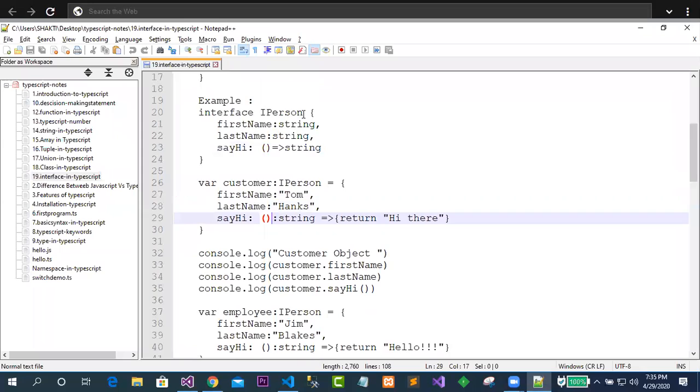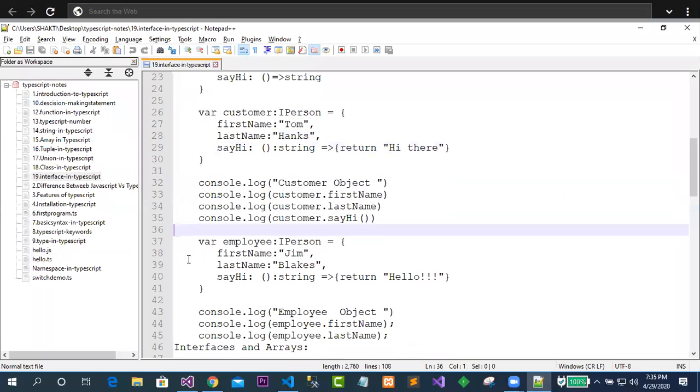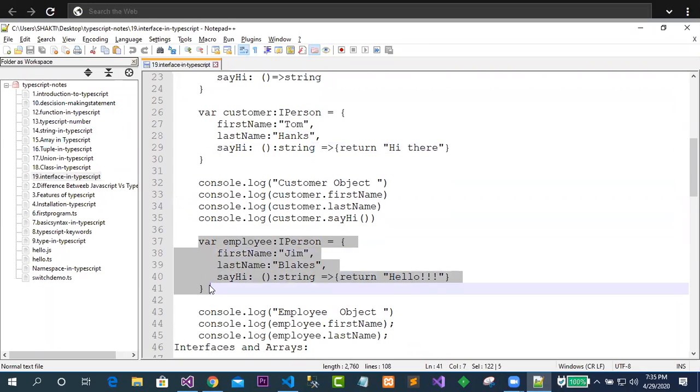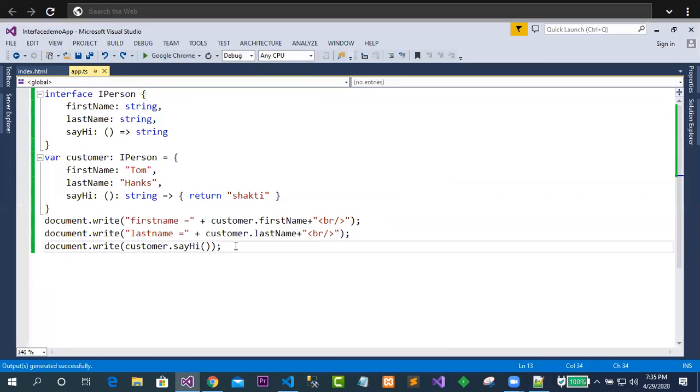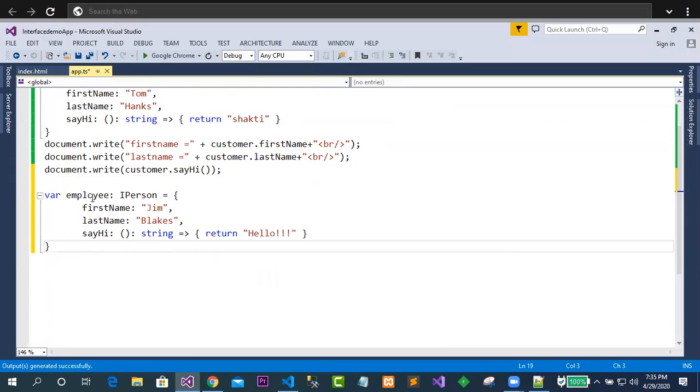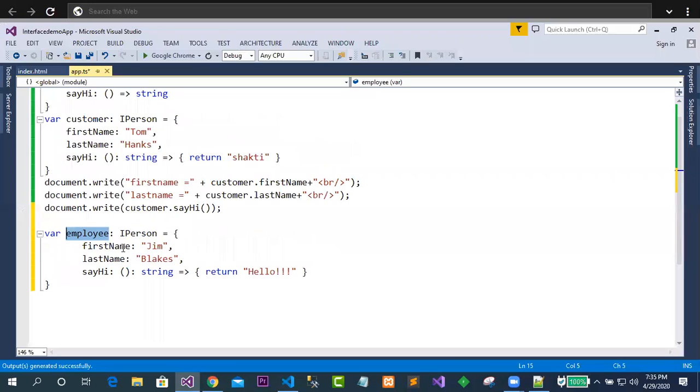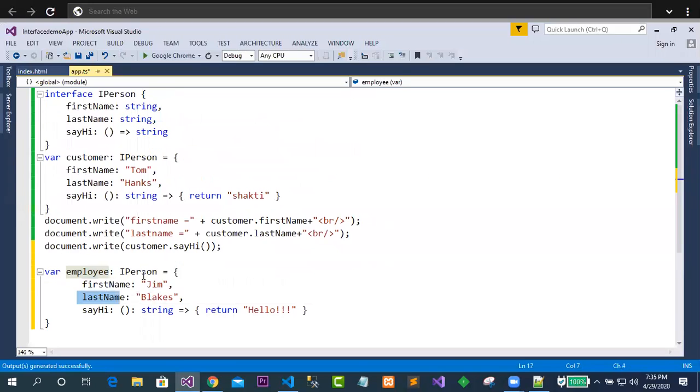So once it has been created, it can be used by another object. Just try to observe another object. Which one is another object? Employee. In this employee, there may be first name, last name, so that is why this employee has used IPerson.